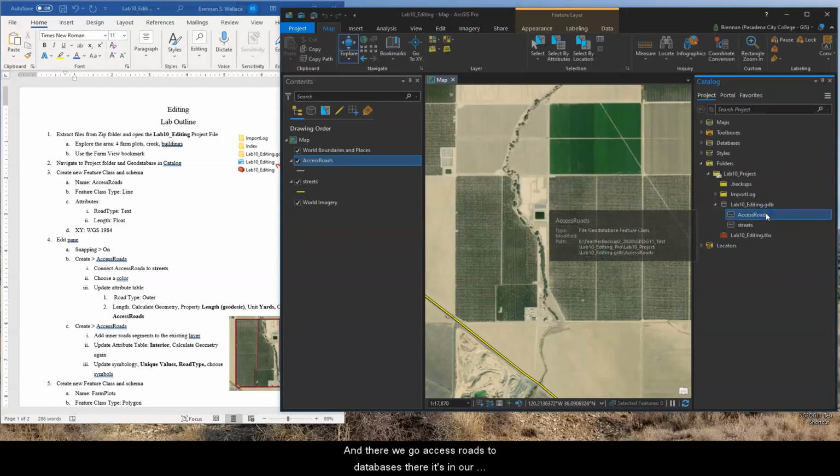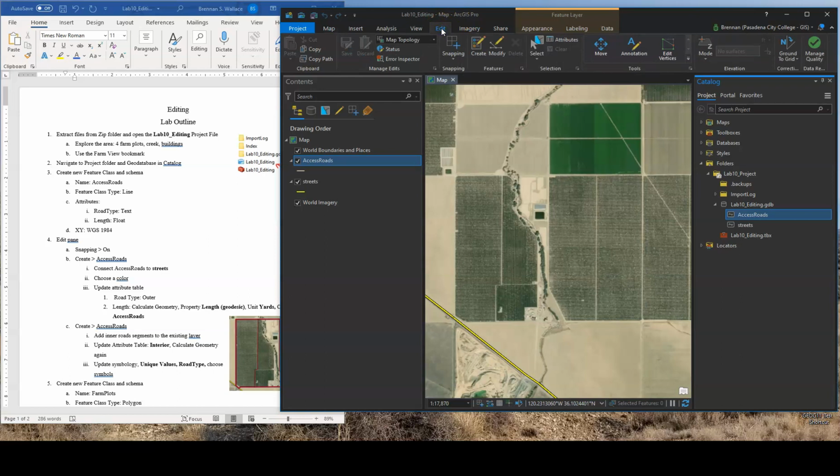And there we go, access roads. Now, the Geodatabase is there, it's in our contents pane, but there's no files. It's because it's blank, we just made it. So to create those, we're going to go to the Edit tab up here. In the Editor tab,